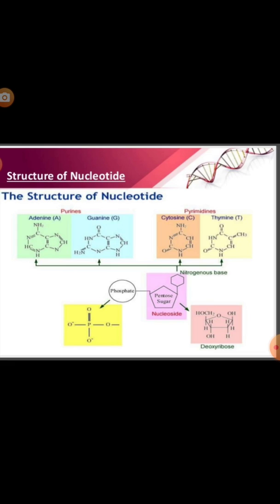Structure of nucleotide: you can see here the nucleotides are of two types, purines and pyrimidines. Purines are adenine and guanine, and pyrimidines contain cytosine, thymine, and the third is uracil. The main difference between DNA and RNA is that thymine is replaced by uracil in the case of RNA. The rest